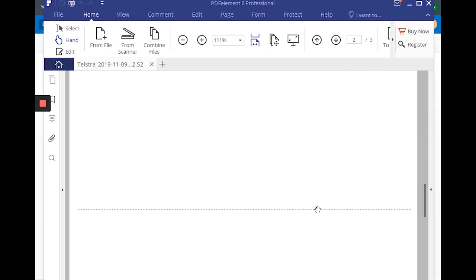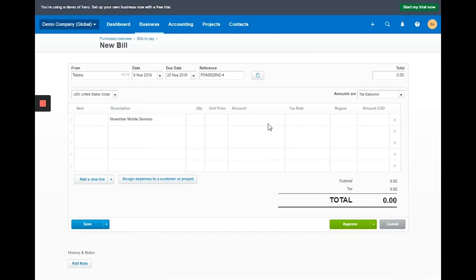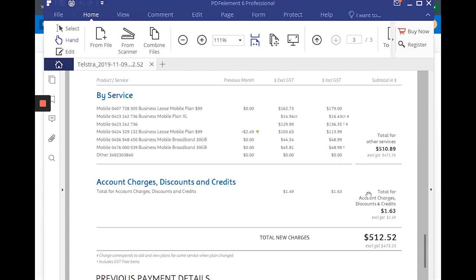okay, sorry, 510.89. So exclusive of GST. Okay, 510.89. This one is the service charge.